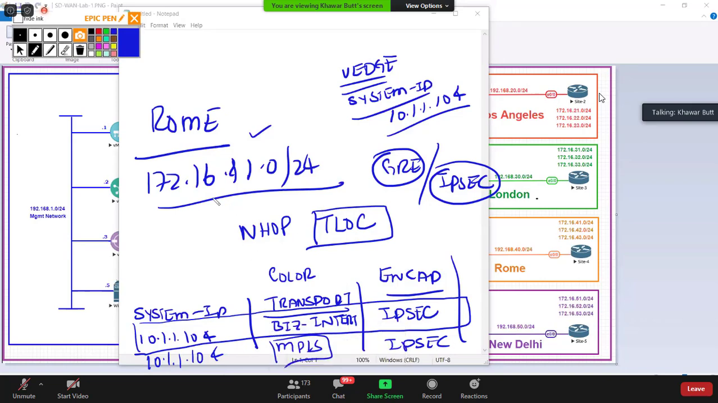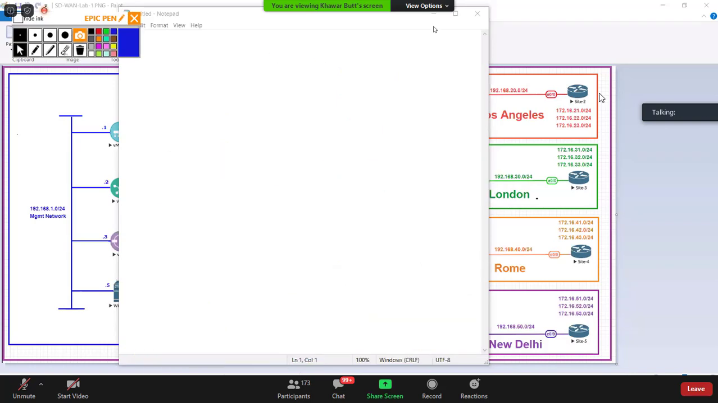So now that I have the 172.16.41 route, it'll have two next hops. And the two next hops are not IP addresses. They are the system IP, the transport and the encap, which is known as a TLOC. So TLOC 1 and TLOC 2. And the TLOC is this particular combination. You'll see all those in your OMP routing table. So now when I go over here